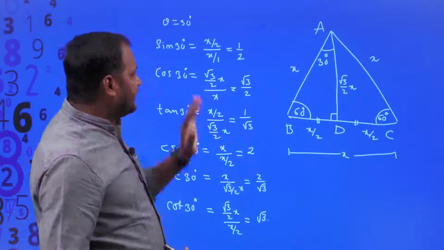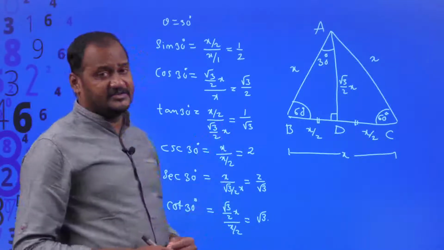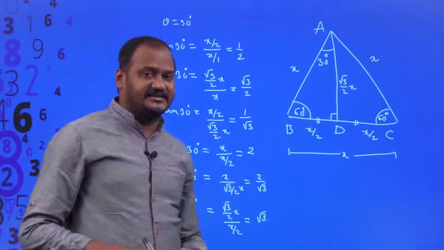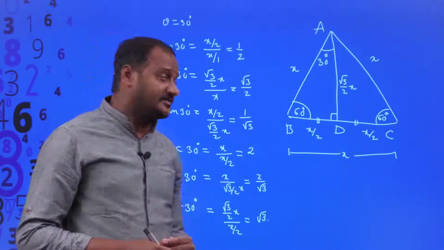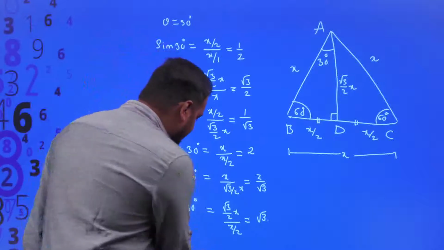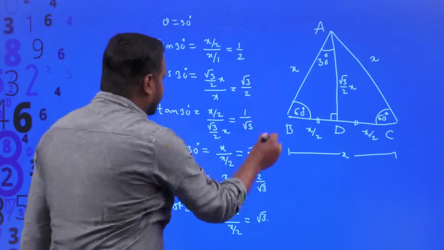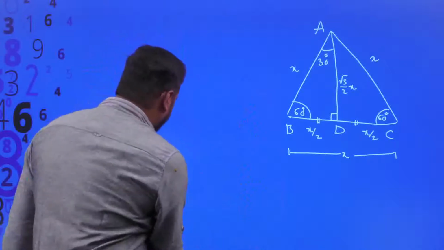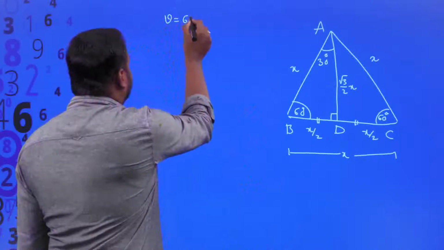Okay, the 30 degrees values are over. Will you be able to figure out the values of all trigonometric ratios according to angle 60 degrees? Yes, it is possible because 60 degrees is available in the same triangle. So let us try to figure out the values of all 6 trigonometric ratios according to acute angle 60 degrees. Now theta is going to be 60 degrees. For 30 degrees everything is over. Now we are going to figure out for 60 degrees. Now theta is equal to 60 degrees.